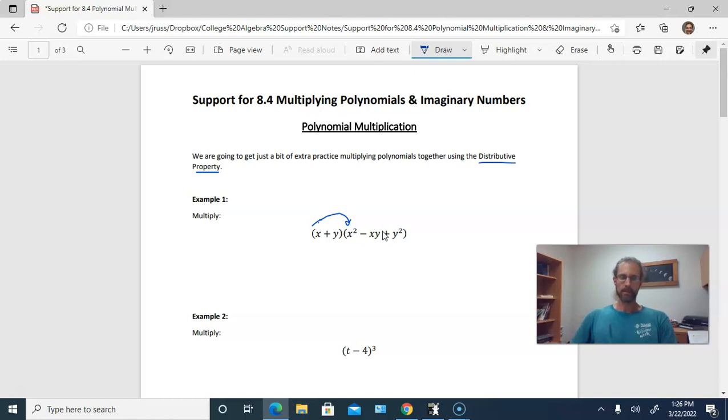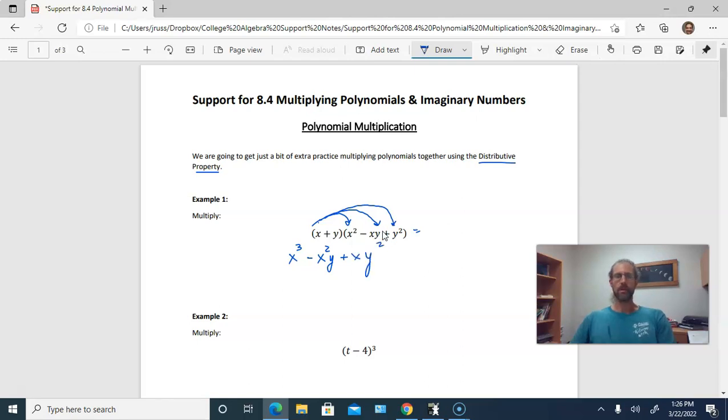So x times x squared gives us x cubed, because we add those exponents. And then x times negative xy, well, the positive times the negative will give us a negative. The x times x will give us x squared, and the y stays the same. And then x times y squared is just going to be